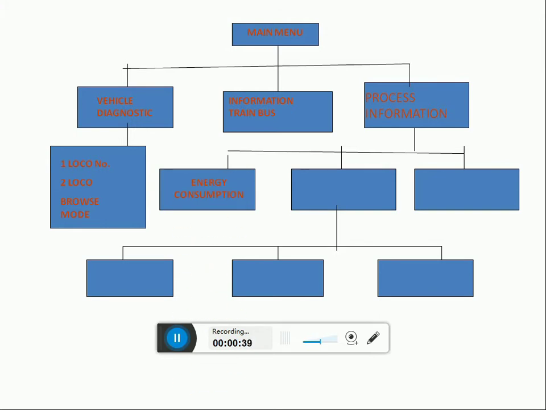In process information, again three subfolders are there: energy consumption, commissioning data, motor temperature bar, software bar, engine mode. Again in commissioning data, we can see three subfolders: simulation mode, node information, diagnostics data set, which we may call background messages.